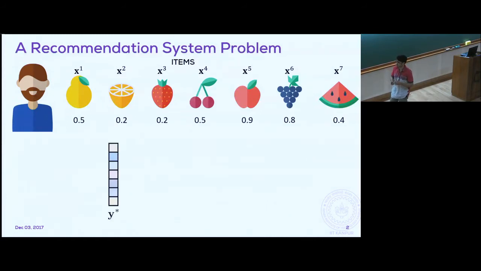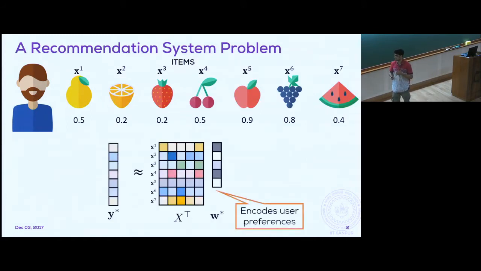And you can do this by, let's say, casting this as a simple linear model. So the ratings are a linear function of some encoding of each of the items. And so there is this model vector which encodes all the user preferences. This is very well studied, and the whole area of linear bandits and linear contextual bandits has evolved to study this model and execute this model in online settings very well. However,